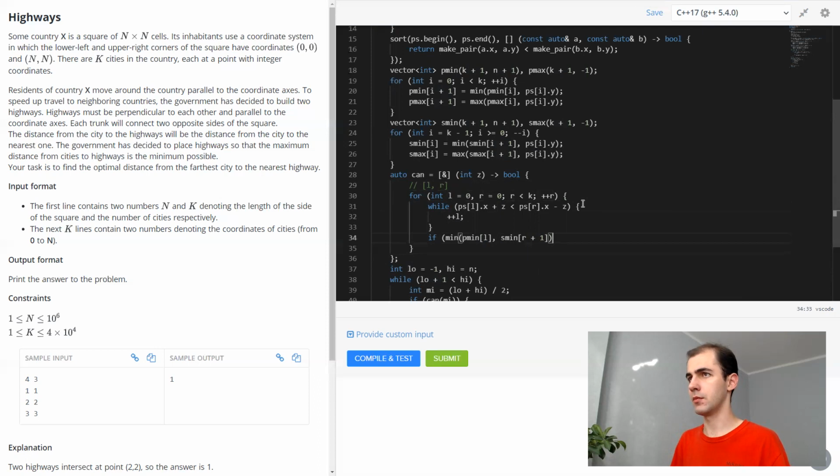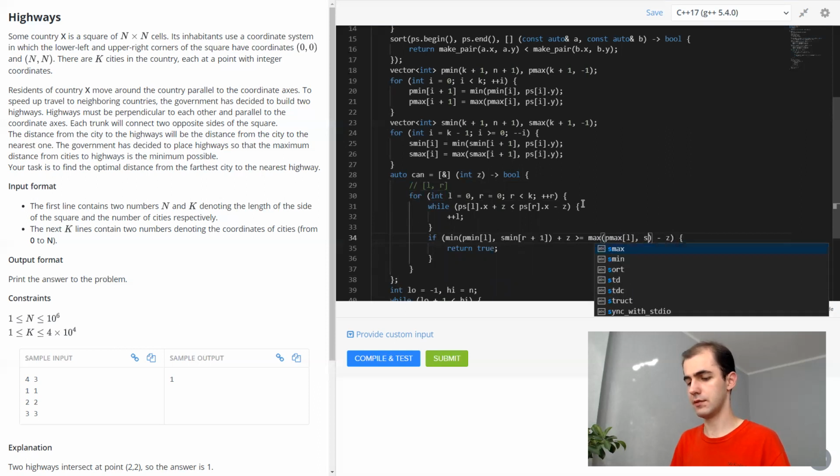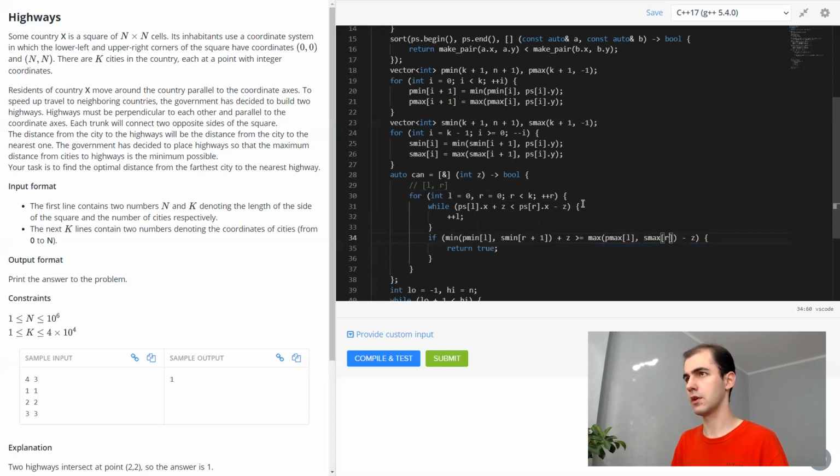So that's minimum, and again we check, but this time we check that they actually can intersect. Maximum of prefix maximum of L and suffix maximum of R plus 1. If nothing happens, then we return false.